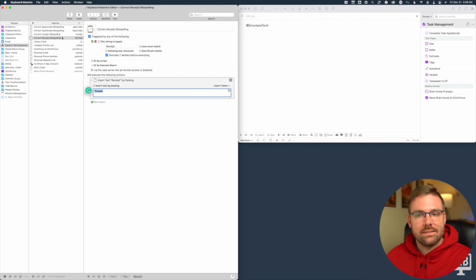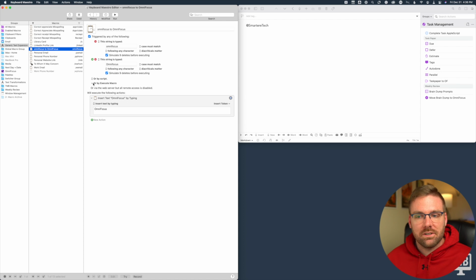So those are some other examples of real simple type string triggers that just happen in the background. I don't have to remember a key combination or anything like that. These misspelling ones happen just automatically. I just built in my ignorance into the automation to fix it. And then I can pull on them. I also have it for OmniFocus, where it fixes OmniFocus to capital O and capital F, so that I can get that correct. But there's a variety of different text expansions that are super simple and easy for Keyboard Maestro to handle for me. So I find that to be really useful.